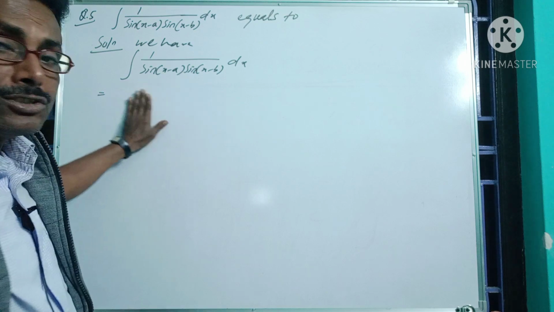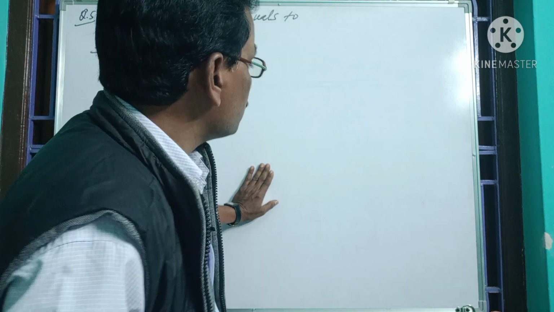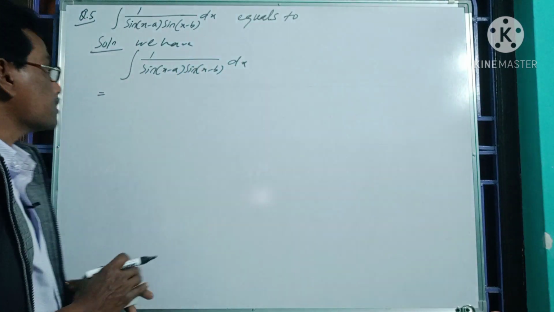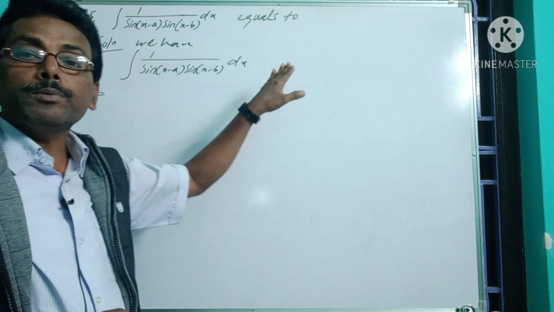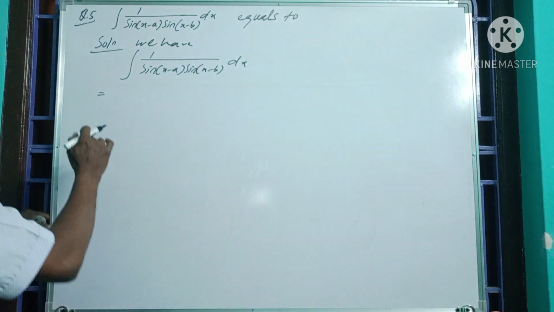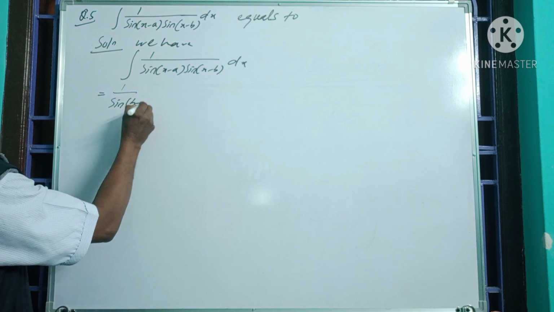Here the integrand is not in standard form for integration, so let us make an adjustment by which we can easily integrate it. So let us try to multiply sine of b minus a both in the numerator and denominator of the integrand. So multiplying sine of b minus a, we have 1 by sine of b minus a into